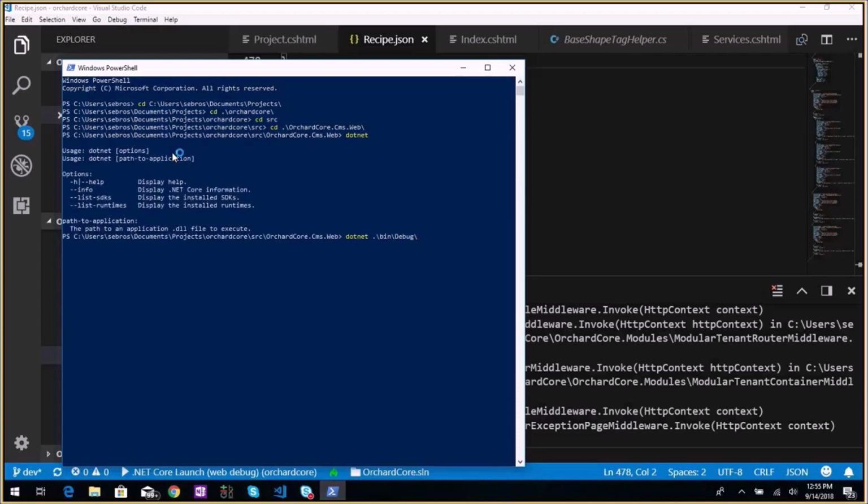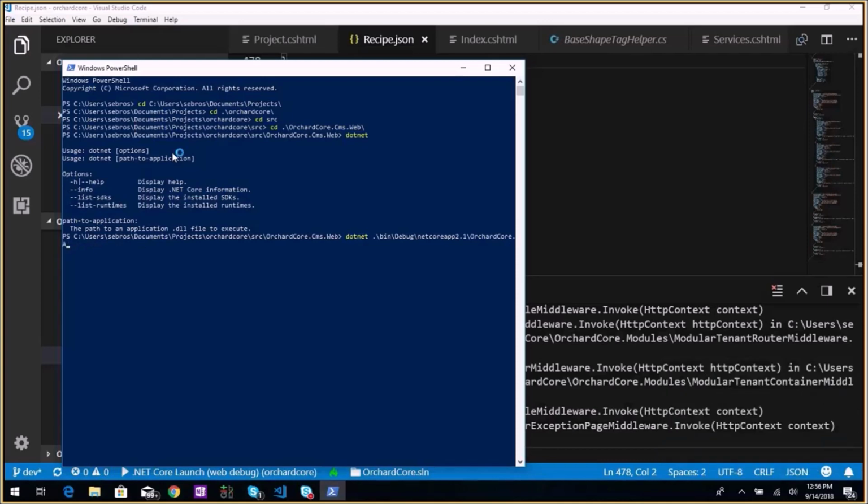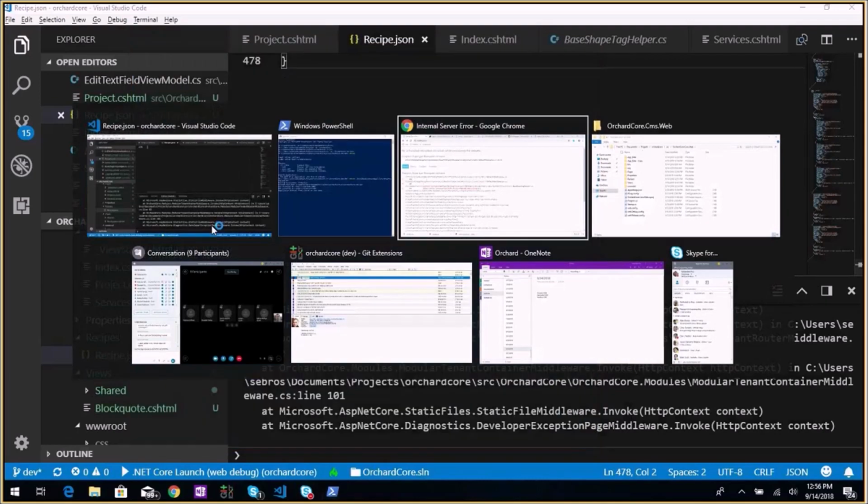Yeah, it's better here. Orchard bin debug netcoreapp, OrchardCore.Cms.Web.dll. Start. And you see that's much faster. That's how we should do things. And do a dotnet run. So here,